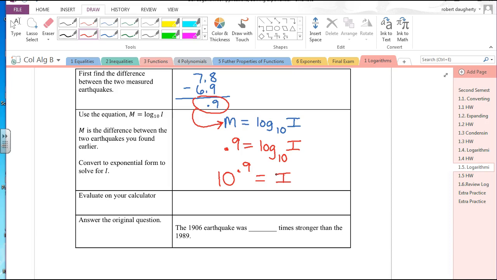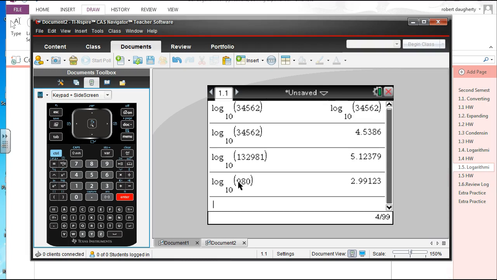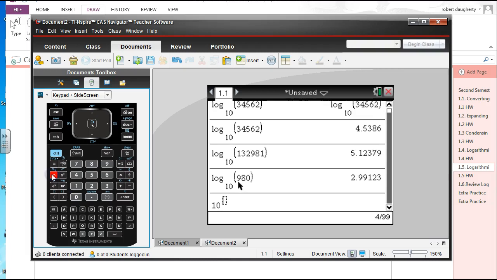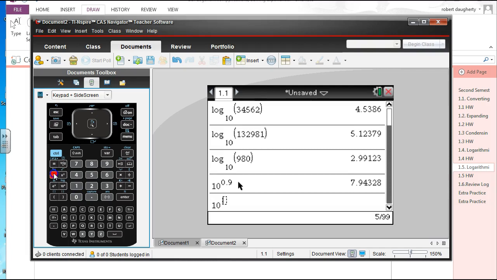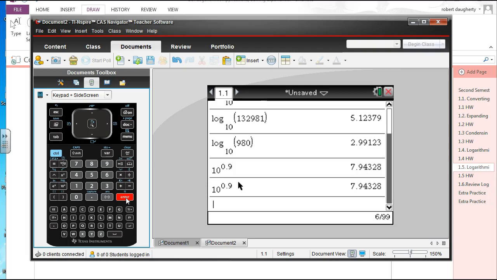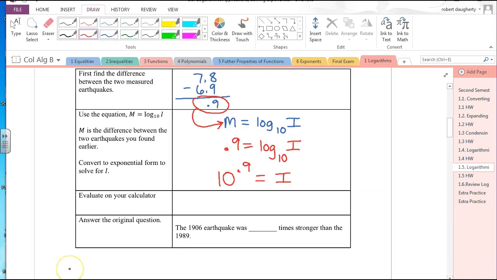So 10 to the 0.9. Does anybody know what that is? Okay, you have to figure that one out. So I'm going to figure out 10 to the 0.9 power. This is where you will use your TI-Nspire. So 10 to the 0.9 power. And will it estimate that for me? 7.94328. Okay, so all I did was the number 10 and then this caret sign raised to the 0.9 power. 7.94328. So I equals